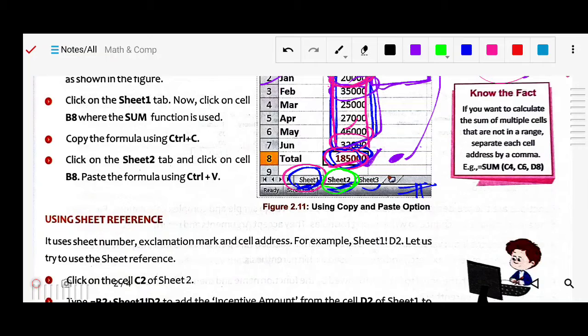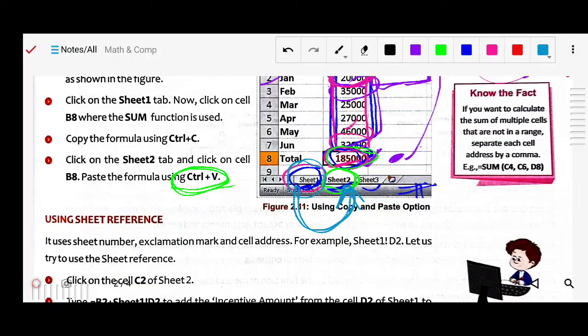In Sheet 2, where you want to apply it, suppose in the same place, right-click, or simply use Ctrl+V for the paste. So that formula is carried from Sheet 1 to Sheet 2, and you can hit enter.